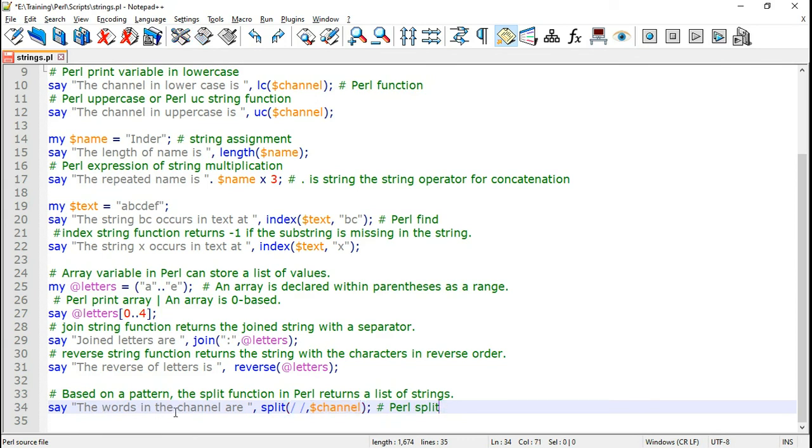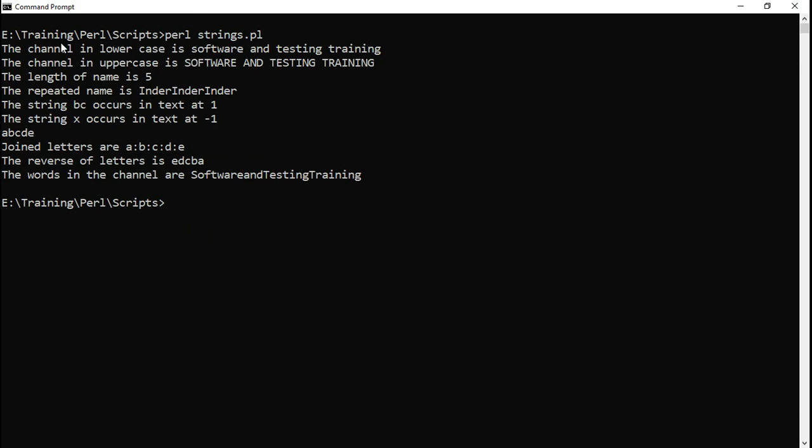So it should say the words in the channel are, and split it according to the space. Let me save it and run it. So here it has printed the words in the channel are, and you can see that it has split it according to the space. Because it is printing it all together, there are no spaces here.